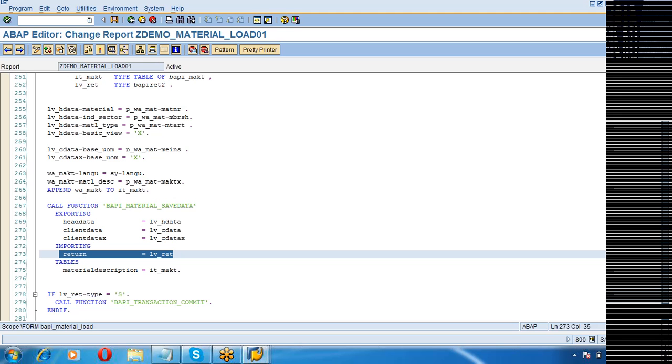All the errors will be captured and put into this return structure or return internal table and given back to you. So you can read through the return structure and figure out whether it went wrong or was successful, and what message has come out, and utilize that information.